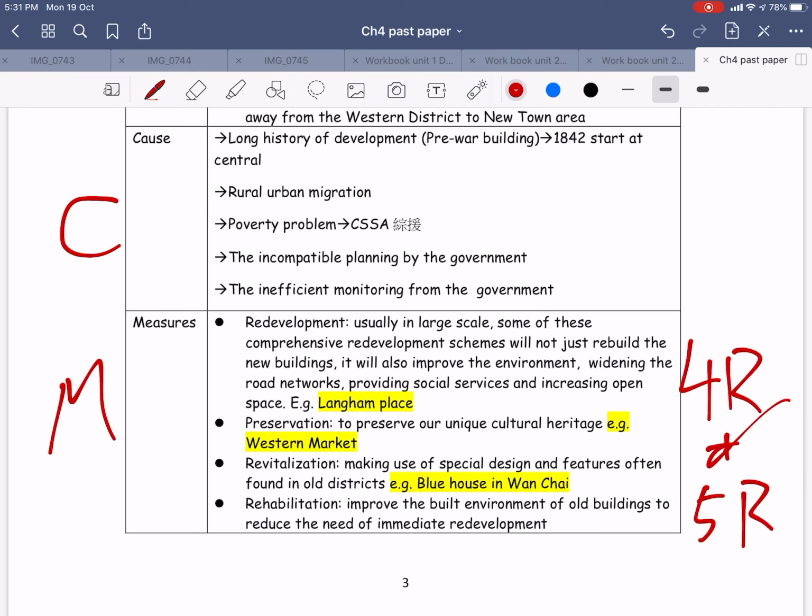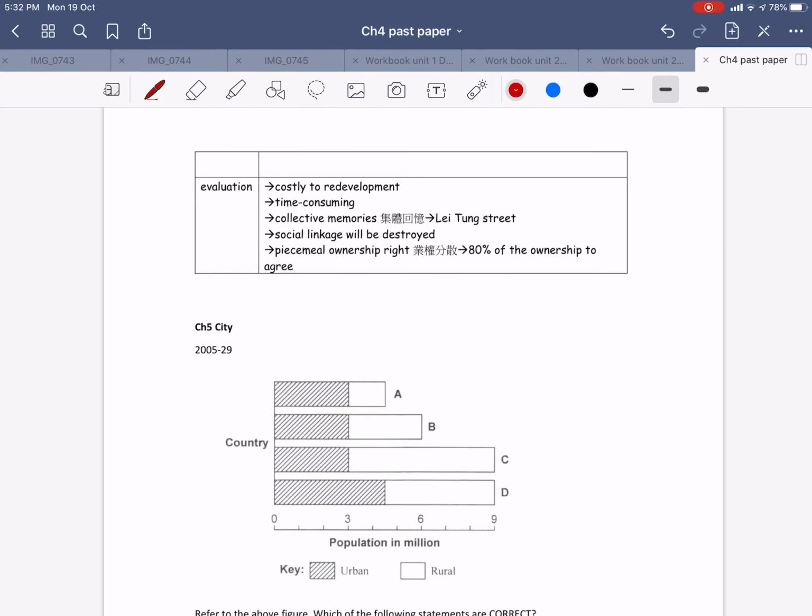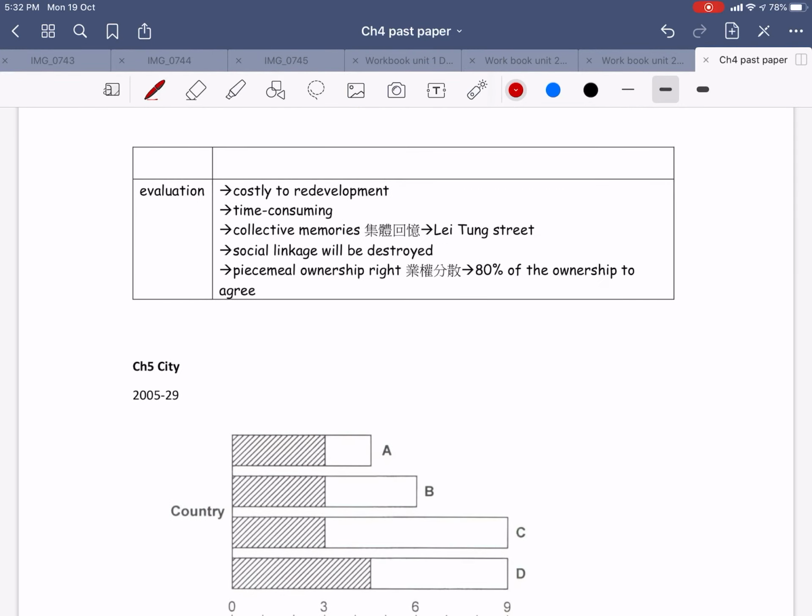And for the measures for urban decay, most of them are about 4R or 5R. The remaining R I haven't mentioned here is retrofitting. But it has never appeared in the DBQ past papers at all, so I think I had better skip it first. Okay, evaluation, whether it is sustainable or not,